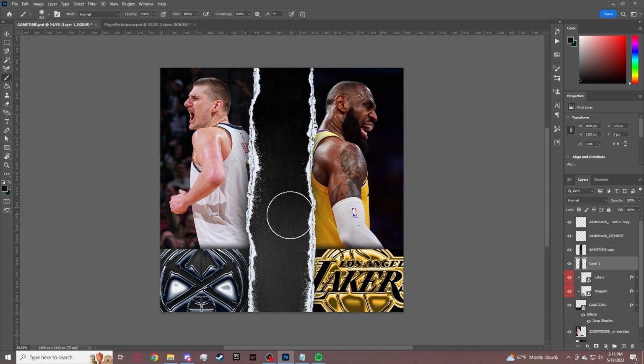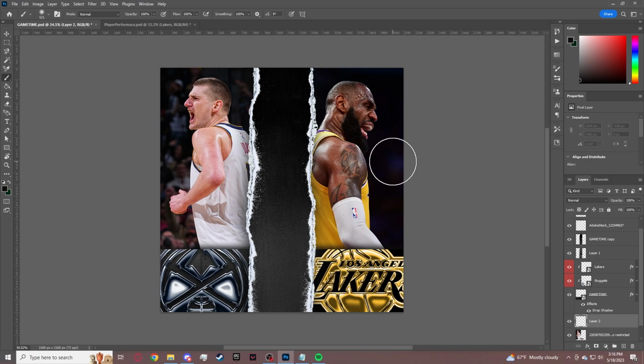Nothing too drastic, but it does add a lot to it. You can increase the size, make it softer, and then you can go in here and change the opacity just a little bit. I'm going to do around 85. Just adds that subtle drop shadow that really does add a lot of dimensionality to it. And also in a similar way, we're going to add that type of shadow along the outer edges here. We're going to be taking the colors of the teams and just getting a dark color of that and just doing a slight shadow of a different color,